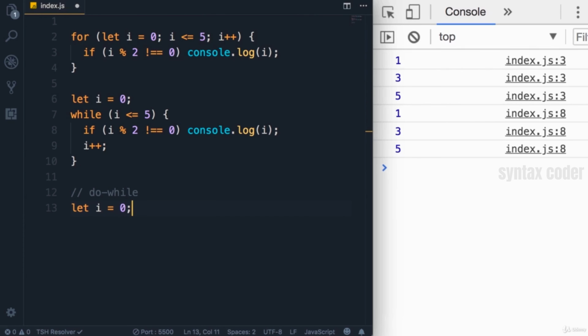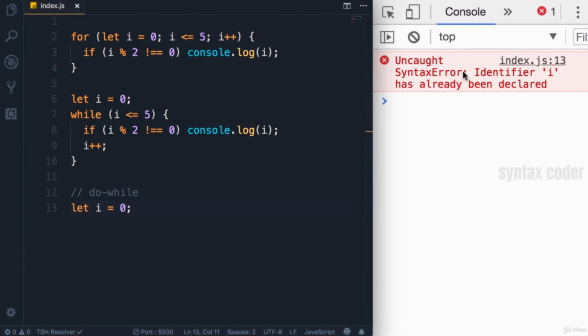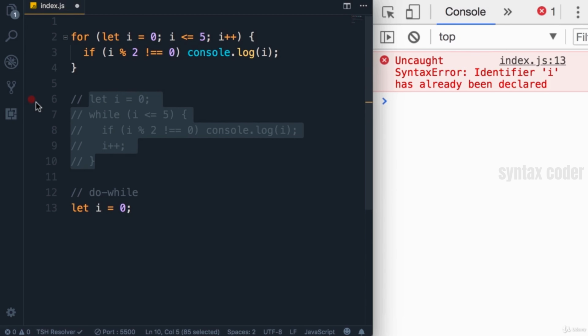Okay, now if we save the changes, we're going to get an error: Identifier I has already been declared. Because I have declared I here, so I cannot redeclare it here. This is different from the I that we have in the for loop. Again, this is all about scoping, and I'm going to talk about that later in the course. So to make this work, I'm going to temporarily comment out these few lines and rewrite this logic using a